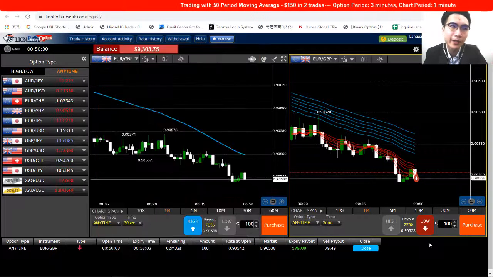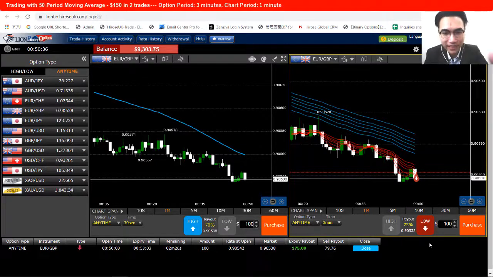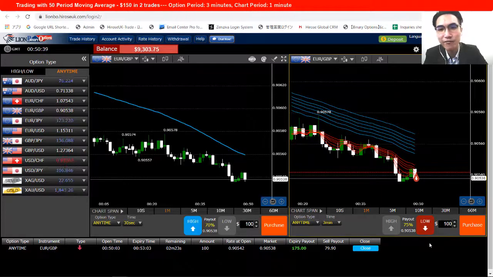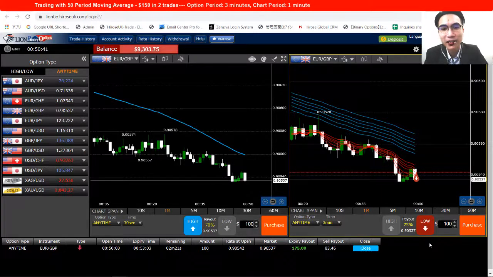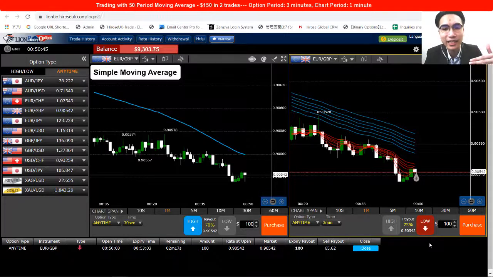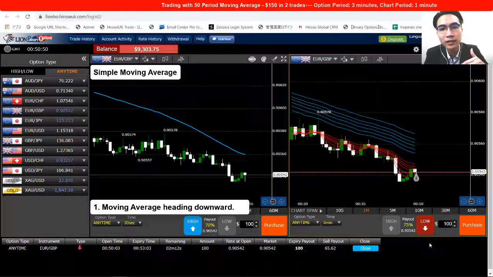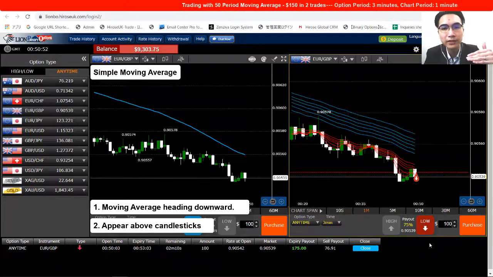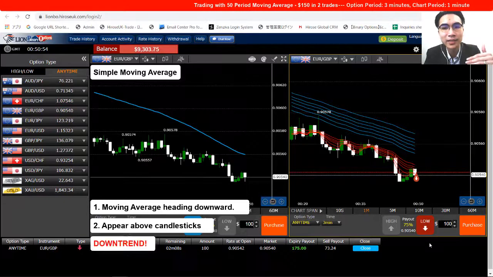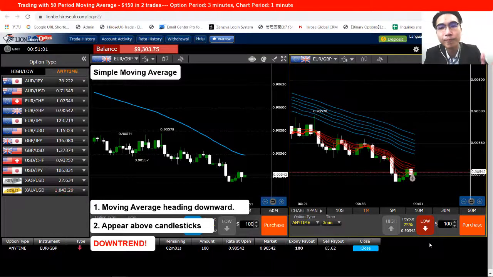So first, it brings us back to the first point, which is to look for a downtrend. This is where the moving average comes in. I have the moving average on the left, and it's obvious, as I explained yesterday, that the moving average is heading downward and is located on top of the candlesticks. That's a pretty nice downtrend there, and from there we can confirm that the market is in a downtrend, and then we move back to the